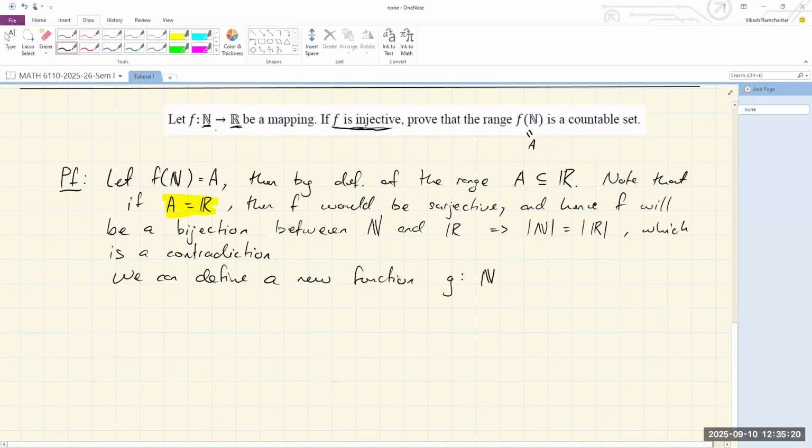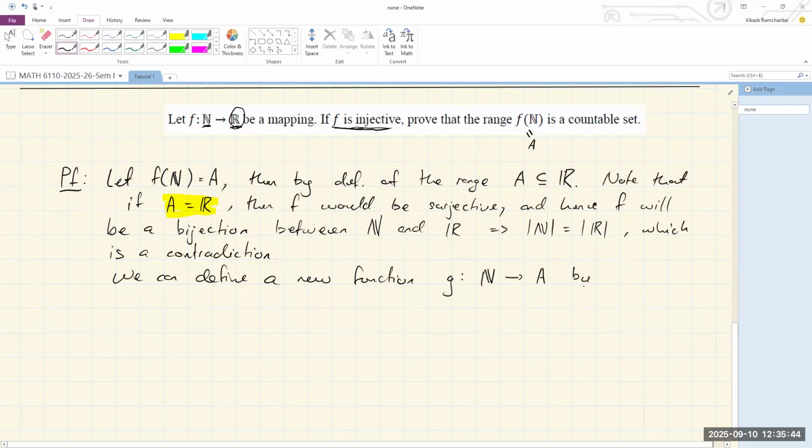But you see, f was going from N into all of the real numbers. g is going from N into the range of f, which is the set A. Okay, so I'm now creating a new function going from N into the range of f, which is A, and